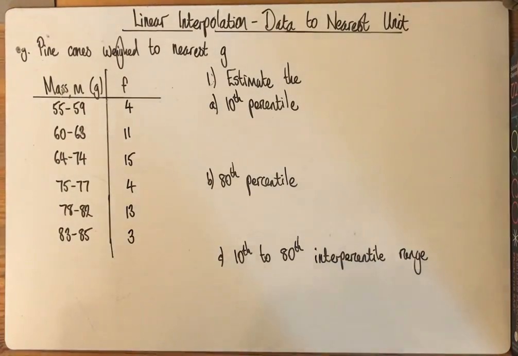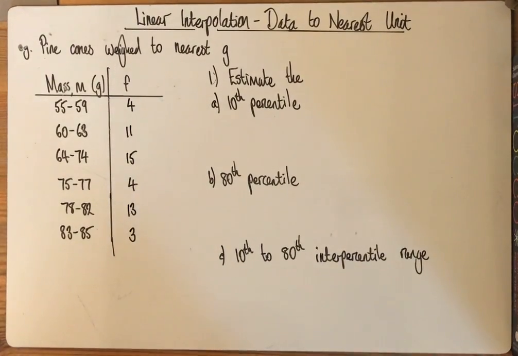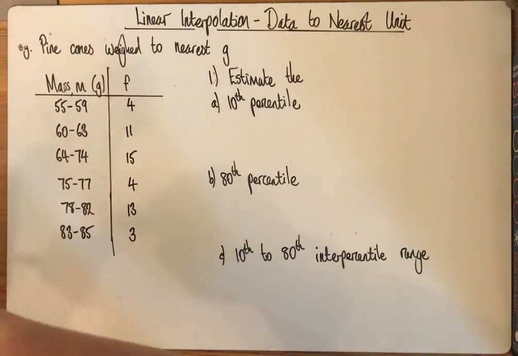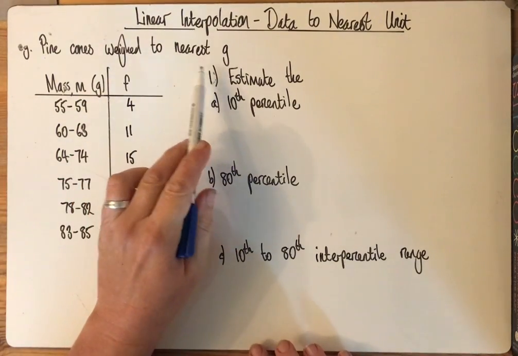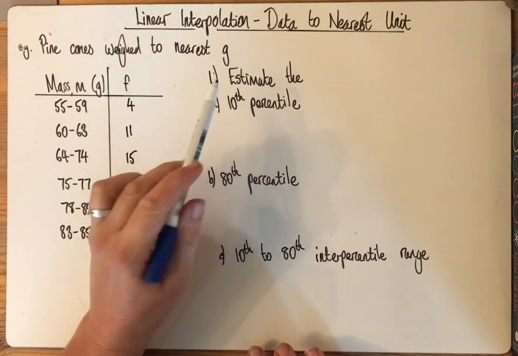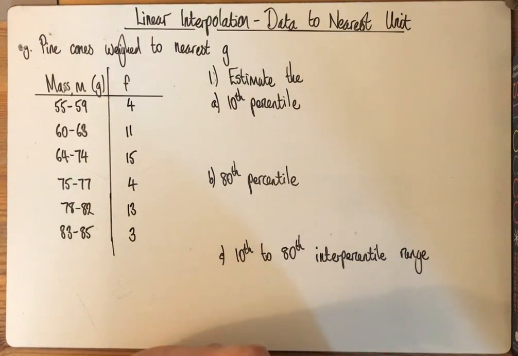Right, I'm going to go over an example of using linear interpolation when the data is given to the nearest unit. So we did this last lesson, and you use linear interpolation to estimate the mean, the median, the quartiles and the percentiles. The only difference really with this example is just the actual data. So we've got some pine cones which have been weighed to the nearest gram. So weight is a continuous measure,